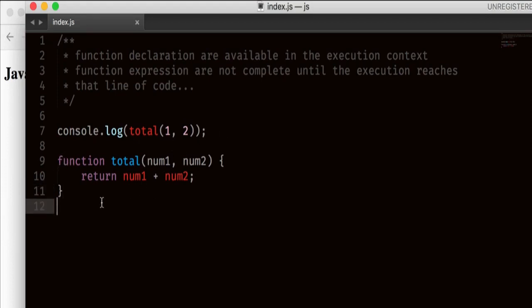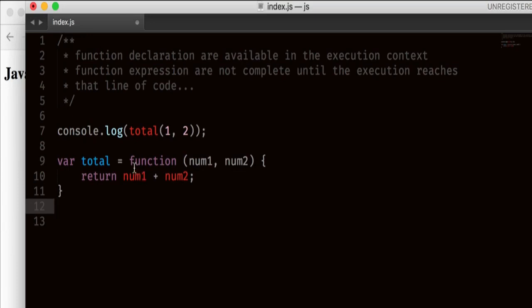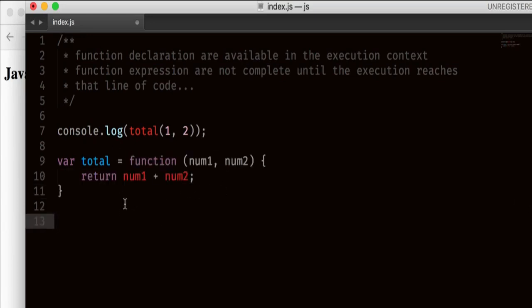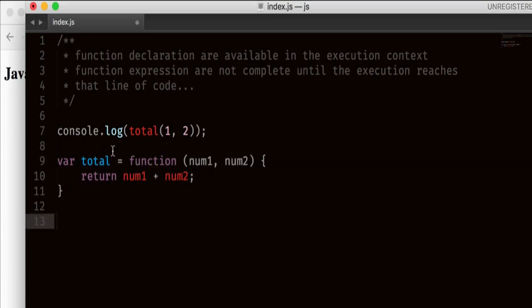However, if we use function expression, okay, so function expression is just take the name off and then just leave it as an anonymous function and assign it to a variable. Now this function is just like a value for this variable. Okay, so this way of writing is function expression. So the function has been expressed here as a value. So this is called function expression,